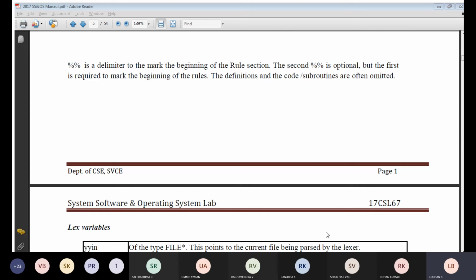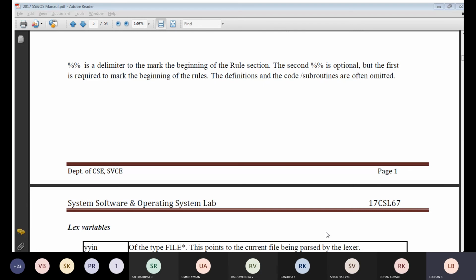But what about the fourth module? The fourth module is new to you. That means you need to know the standard questions, the possible questions they may ask in your examination. They may ask you to explain the structure of a Lex program, or the structure of a YACC program, or to explain regular expressions with an example. These are a few standard questions they are going to give.